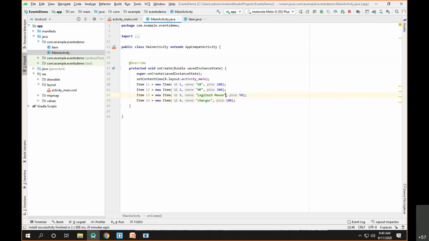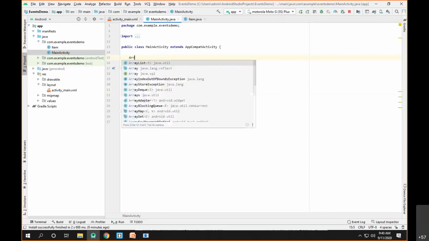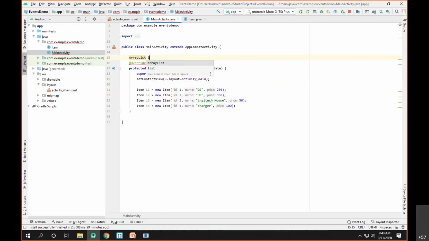Okay, so we have four different items here. Now we can push each of the items inside the array list. So let's say an array list called item list.